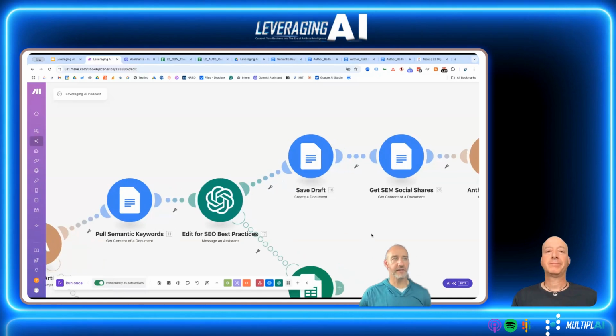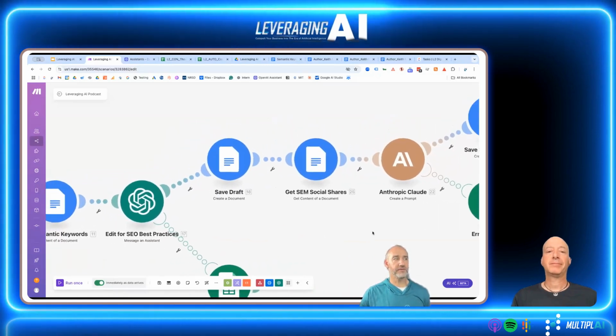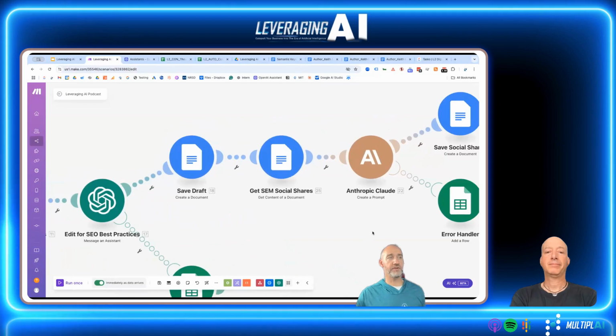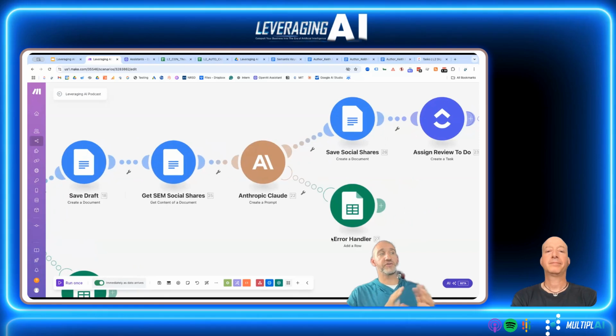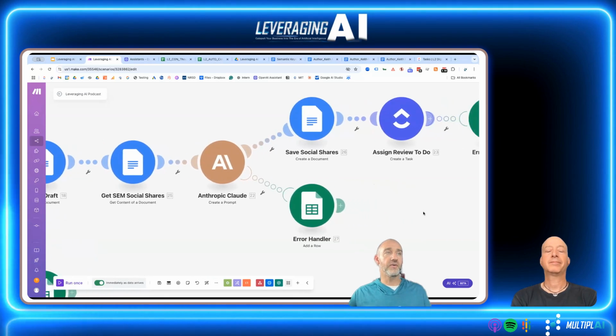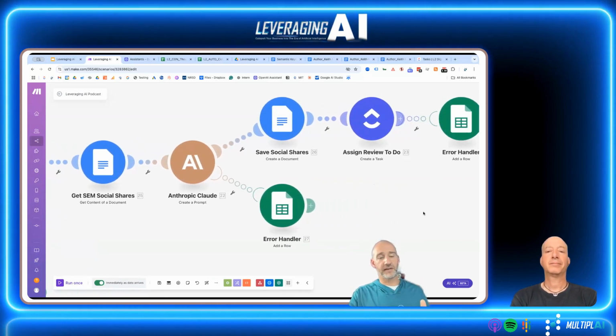Yeah, and just to hit the last couple points on this, after that draft is done, what I'm going to do is pull the past social shares for the author. I'm going to send that into Claude, and it's actually going to generate for me 2 to 3 LinkedIn shares to promote the article. I'm going to save that information to a Google Doc. And then at the final step of this, essentially the output, what I'm going to do is assign my editor to go through, review the content, review the social shares, get it all set up and polished up, and then upload it into wherever it needs to go, whether it's LinkedIn or the content management system.